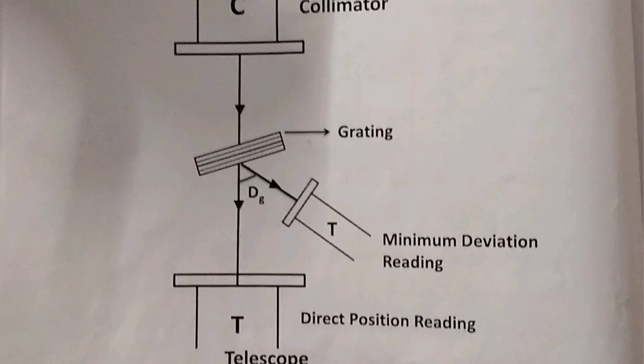So here we'll be observing Fraunhofer diffraction, which is the type of diffraction when both the light source and the screen are at a very great distance from the object, so that the light waves behave as plane wave fronts, which means that the light source appears to be coming from infinitely far away. We're going to make adjustments to the spectrometer so that this happens, and I'll be discussing that while explaining how to prepare the spectrometer for the experiment.